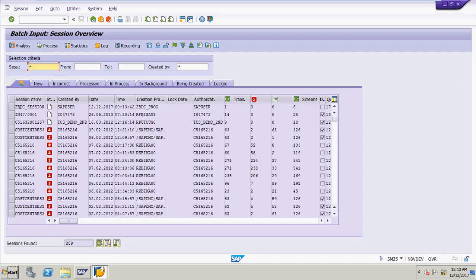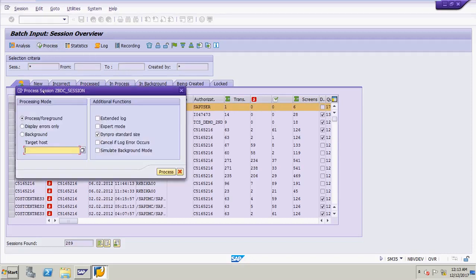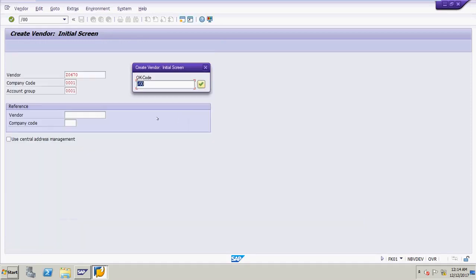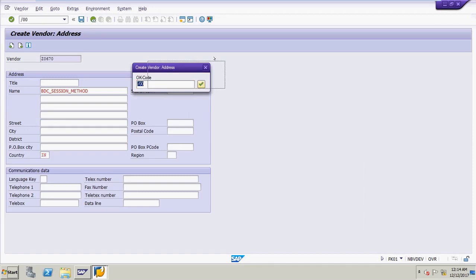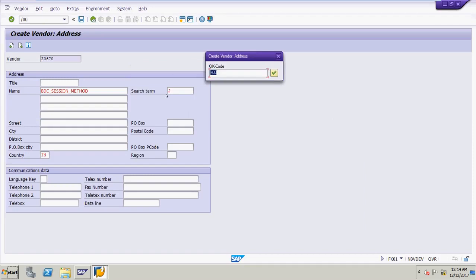You will see the BDC underscore session has been created. Now select this file, click on the process button, select the process foreground radio button and click on process. Now click on the continue button, and this has worked properly.